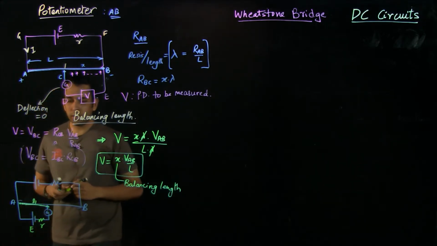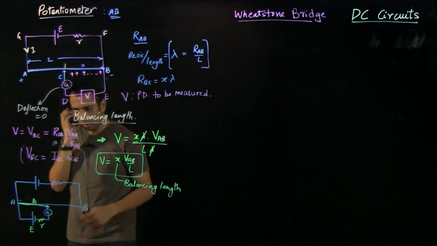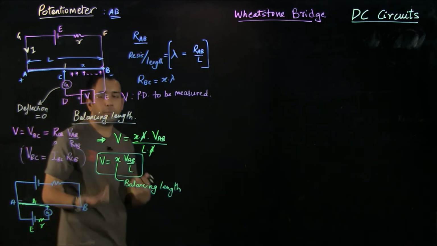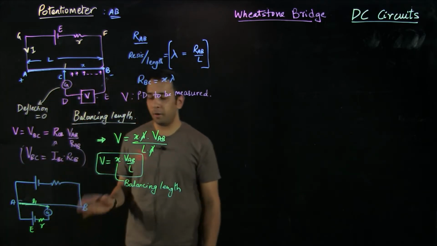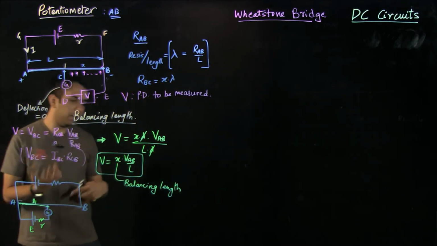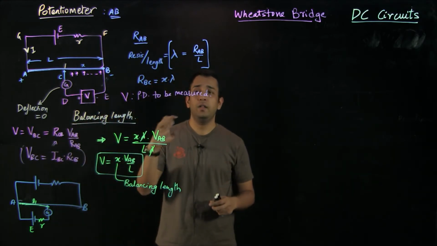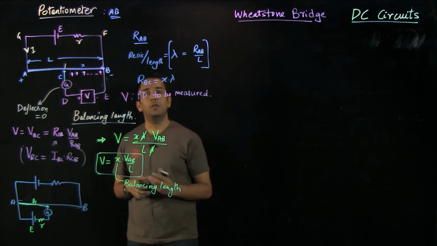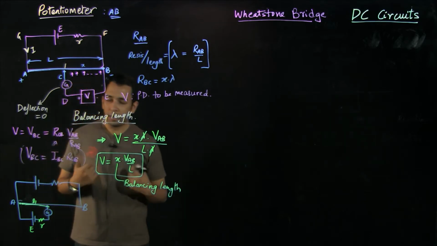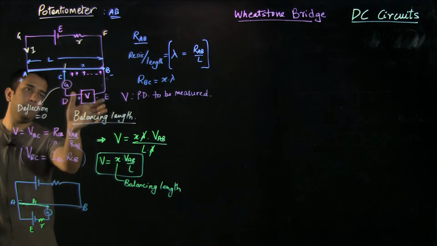So the question says that E and r are both unknown. So we do not know. Okay, both the parameters of the battery cannot be unknown to us. So we know the EMF of the cell, but we do not know the internal resistance of the cell. Let's say we purchased a battery or a cell from a market, and we only know that the voltage rating of the battery is 5 volts or 9 volts or 1.5 volts, but we do not know the internal resistance of the cell. So to find out the internal resistance, we are using a potentiometer circuit, and we are applying the same configuration which we earlier discussed.